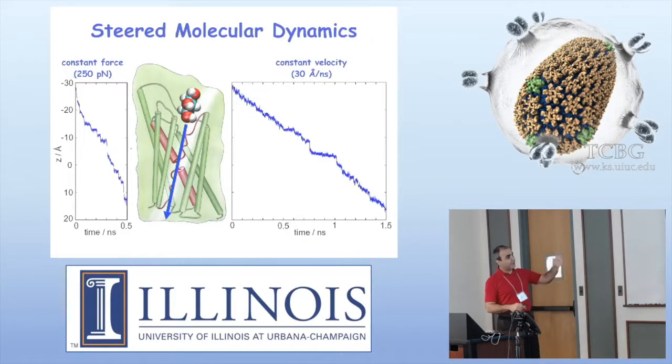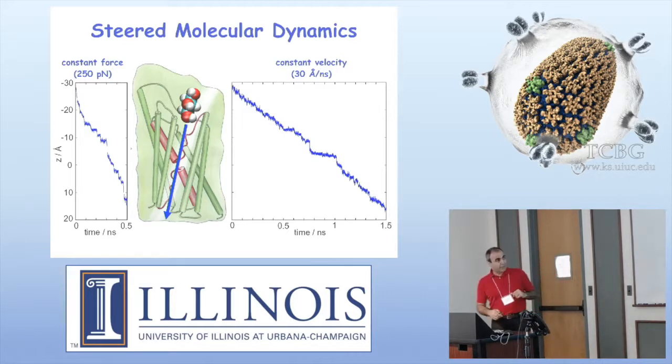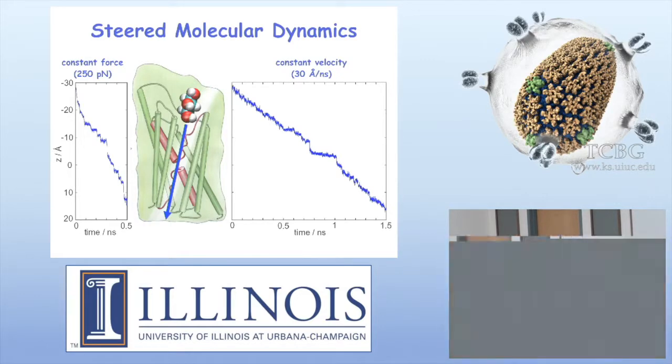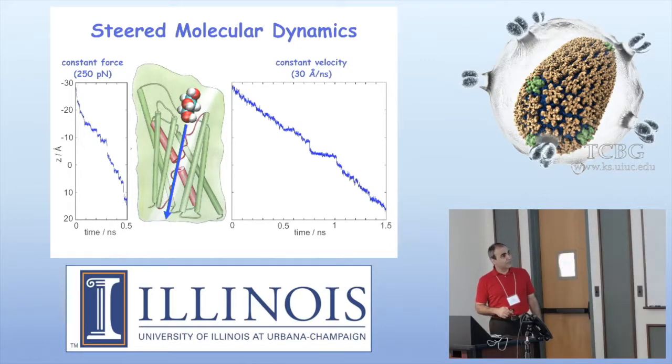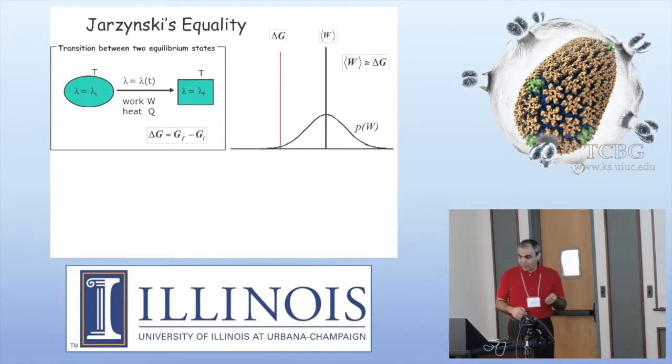So this is one example, a very old slide in which we are pulling a substrate through a channel, and we can have different schemes applying constant force or a variable force or what we call constant velocity, sort of increasing the force applied to the substrate to slowly pull it. And sort of in an adaptive manner work with the force so you don't apply a large force. And then again, for this kind of methodology, for each simulation, you're always in a non-equilibrium